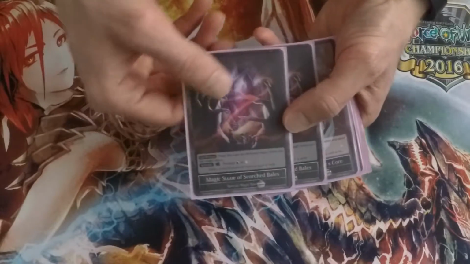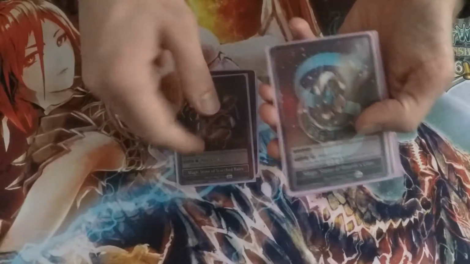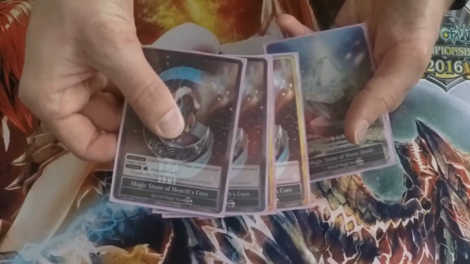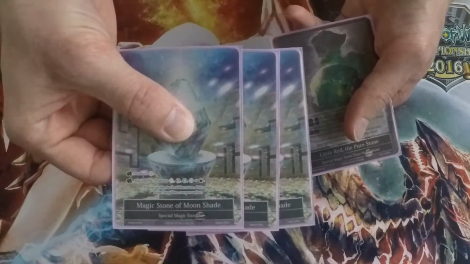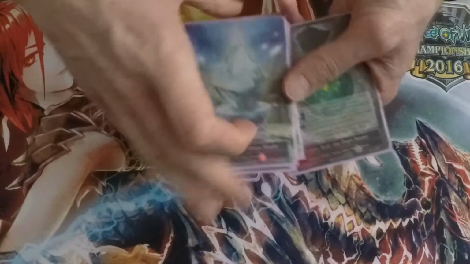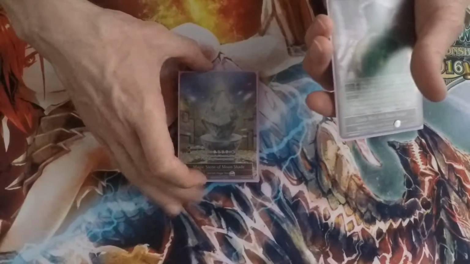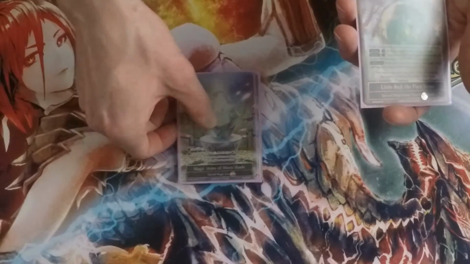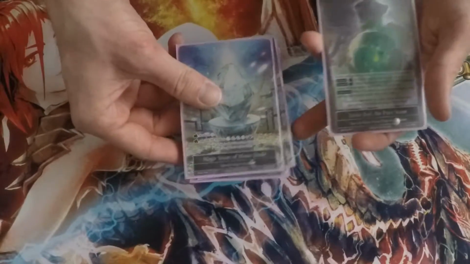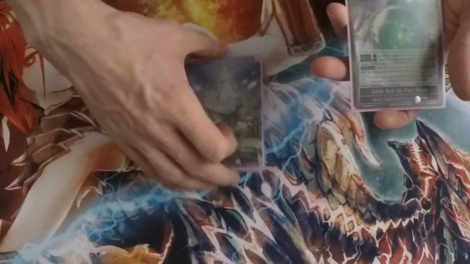You'll see we have 2 Magic Stone of Scorched Bales, 4 Magic Stone of Hearth's Core, 3 Magic Stone of Moonshade. Got those full arts. Just gives us a little bit of extra fixing. Our life usually isn't a problem. I found that I was pretty happy with 3 of them. It could be bad if we potentially hit all 3 in a row, but generally I thought it was a